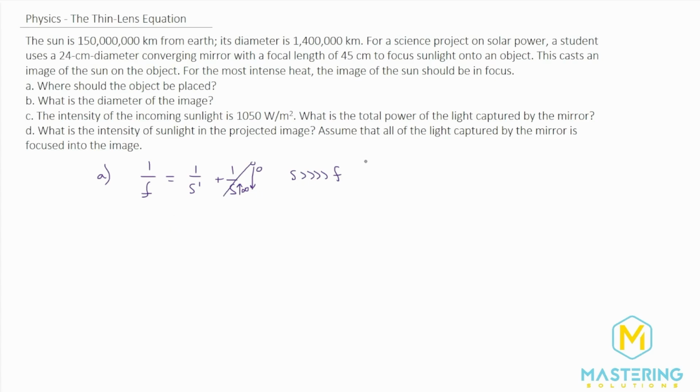So when we rewrite our equation now, we have 1 over the focal length is equal to 1 over the image distance. And if we take the reciprocal of both sides, we just found that the focal length is equal to where the image focuses. So mathematically, that's how you see that the best place to focus and get the clearest image is at the focal point.